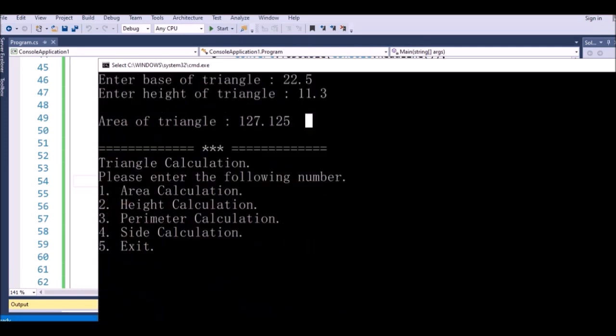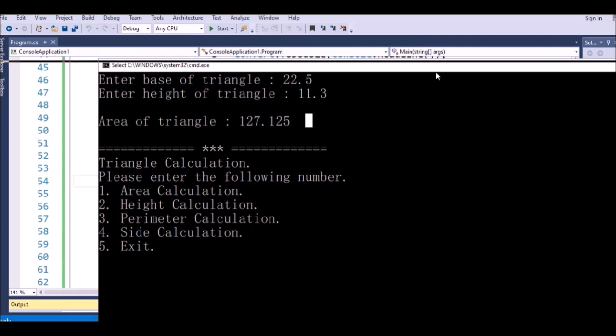And if you continue like this, right? So next we will create the program to calculate for the number 2, number 3, number 4, number 5. So now we just close this one and continue for the